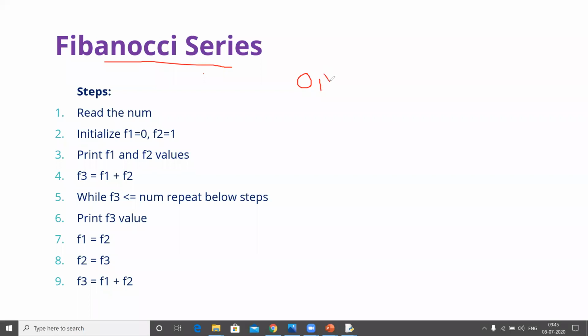Initially the series values are 0 and 1, and from this every term should be the sum of the previous two terms. Means what? 0 plus 1, 1. To get the next term, you need to add these two terms.